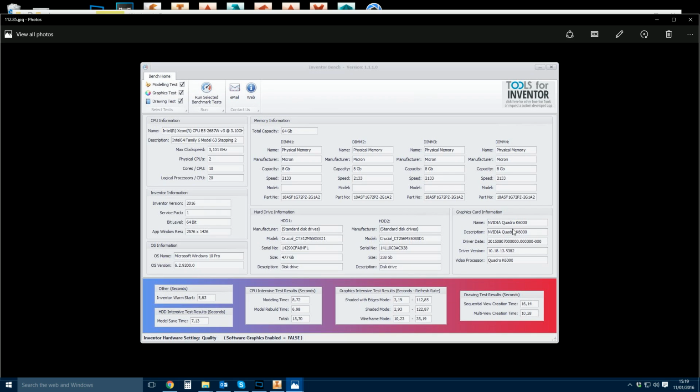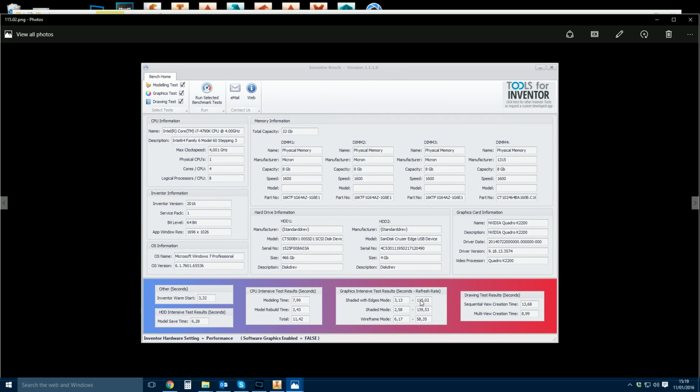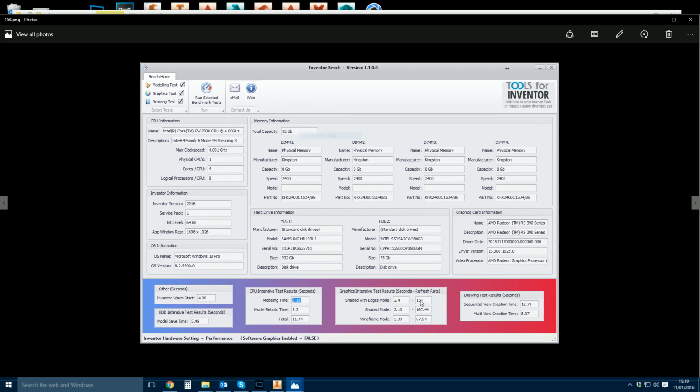But that off the shelf is the most powerful Quadro card that you can get. And this guy, his visual score is absolutely dreadful, 112 frames per second. In comparison, a guy with a K2200, this graphics card, the K6000 on its own, if you were to buy that on its own, you're looking at probably around $4,000 worth of video card there. And it's been beaten by a GTX 970, hands down, substantially beaten by a GTX 970, which is a $300